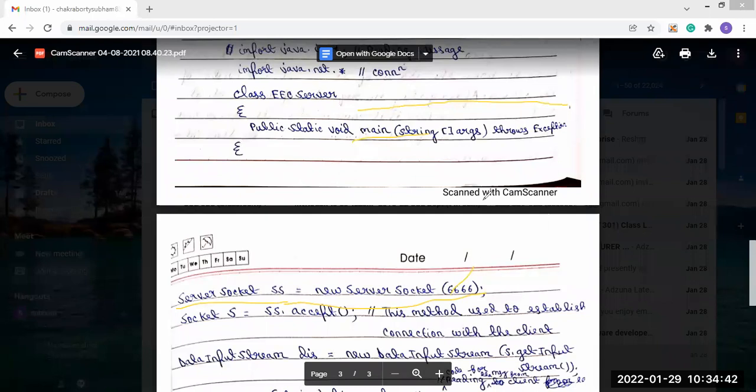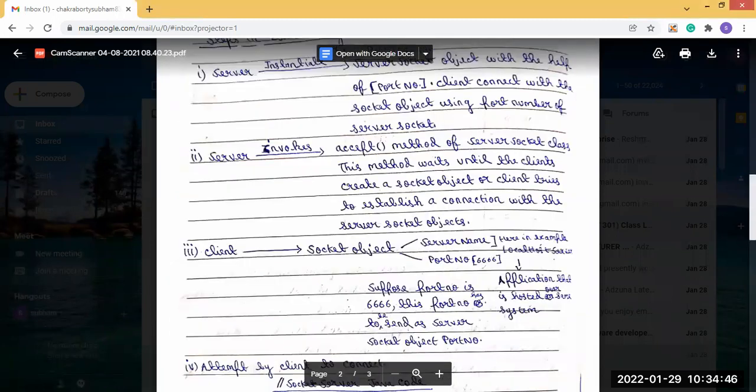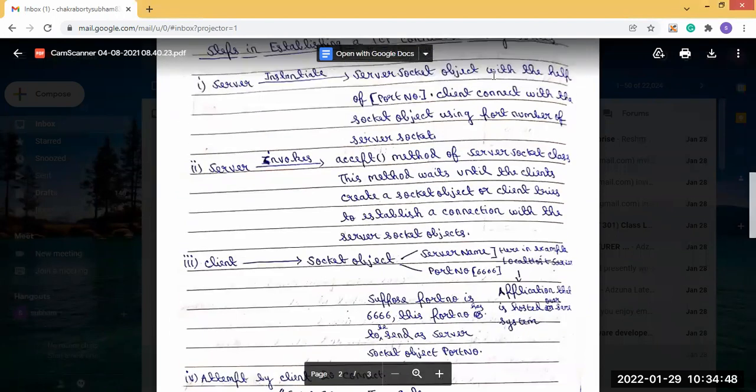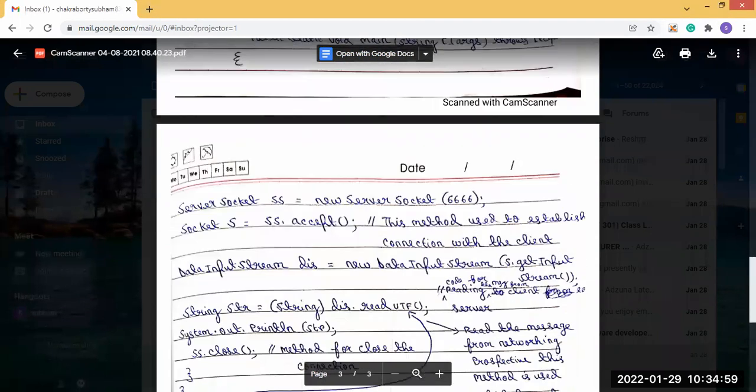Then after that, what is the next step? The server invokes the accept method of the server socket class. That is, socket s equal to ss dot accept. Now ss is what?